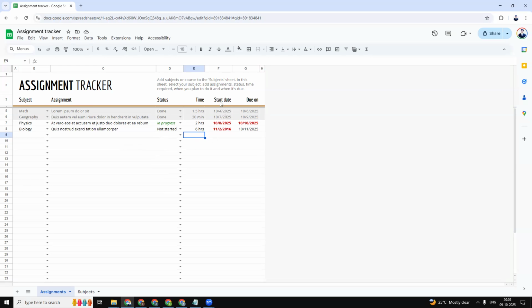Now we have a start date and due on column as well. So we can put the start date whenever we are starting that subject. So we can put in the date. And then the last one is the date which is due on. So it will be calculated. Here we have a formula. It will be calculated based on the start date